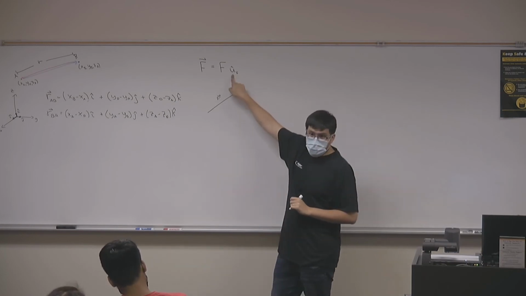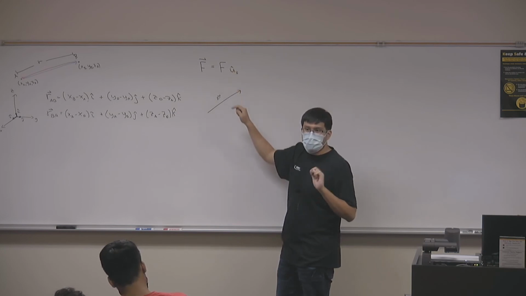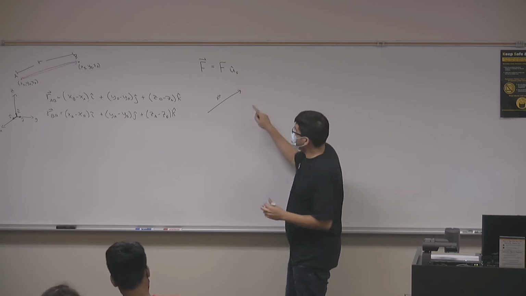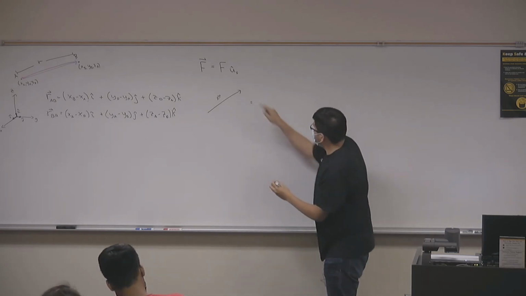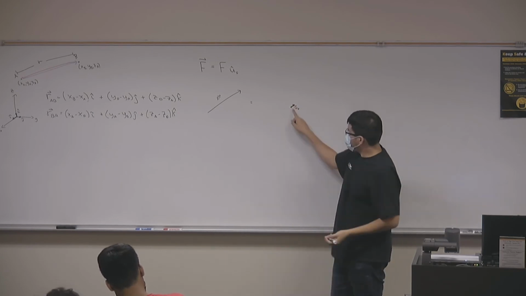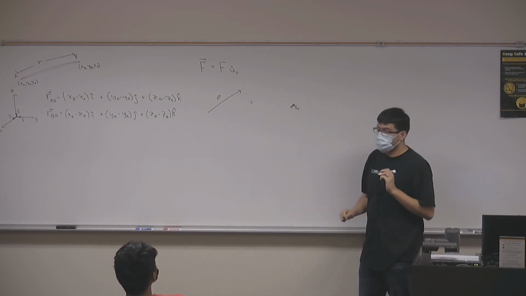This quantity, u hat, is simply a unit vector, right? Remember, the hat represents a unit vector. So u hat is my unit vector in the direction of F. If I were to draw this u hat, it's simply a small unit vector